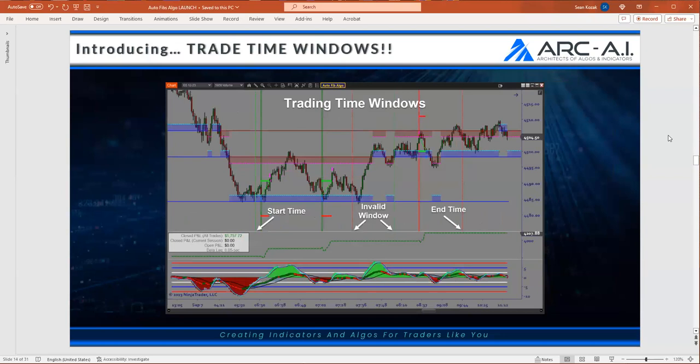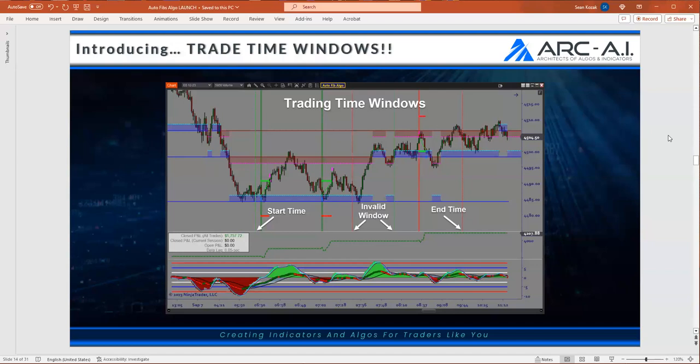One of the features that we just added to the engine was windows, creating blocking windows at certain times of the day. Like if you know you have a news event coming out, or if you know there are certain areas of the market where the market just doesn't trade well, like lunchtime, we've added that. We've added the ability to optimize and backtest that, so that we've actually got templates that have blockers in place versus just letting the algo run wild. The performance is drastically enhanced by being able to stop the algos from trading at certain times, versus only allowing it to trade during a certain window.